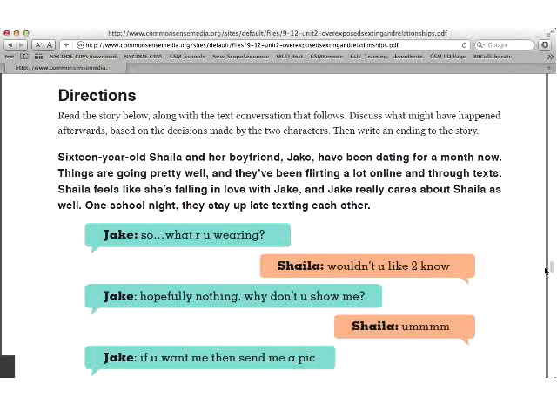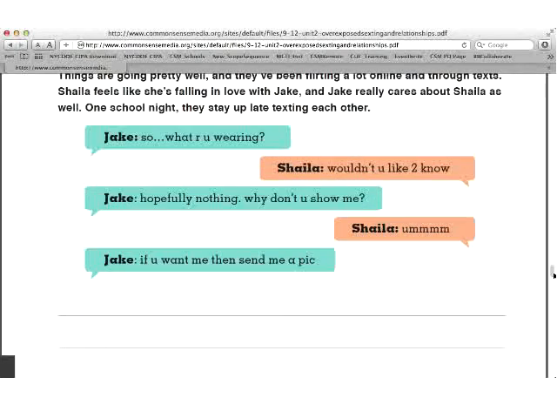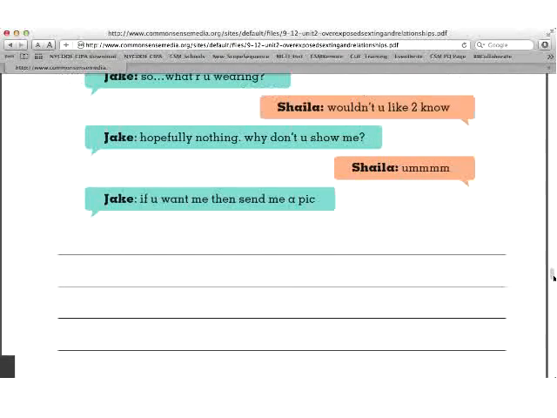They read a story between two people in a relationship, and basically Jake is pressuring Shayla to share something. And so what they're doing is sort of finishing the conversation. How can Shayla continue the relationship but not share anything? What kinds of things could she say or do so she doesn't share,